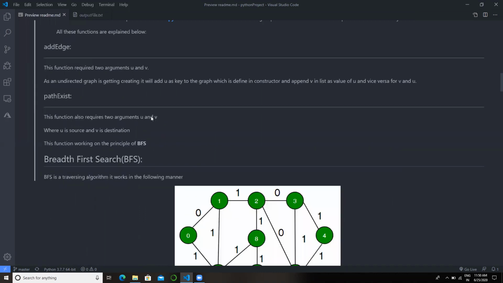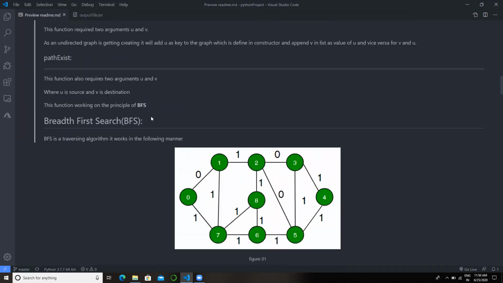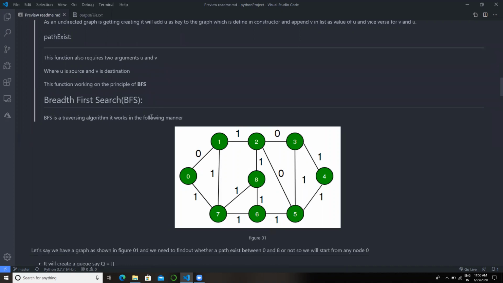The path exist function is basically breadth first search, so let's discuss a bit about breadth first search. In breadth first search, we start from one node and travel to all the nodes of the graph. In this way, we can check whether a path exists between source and destination or not.